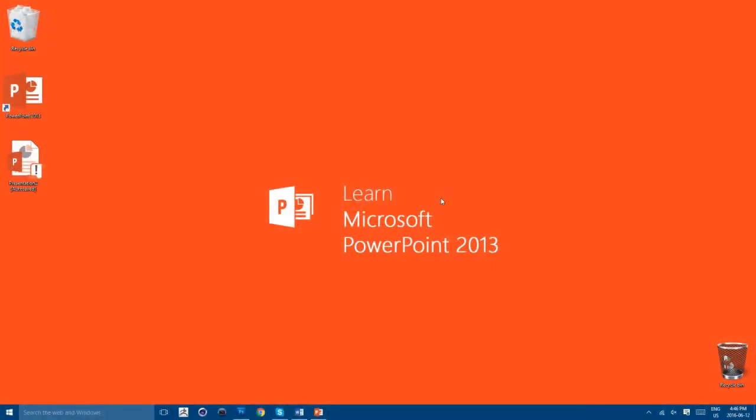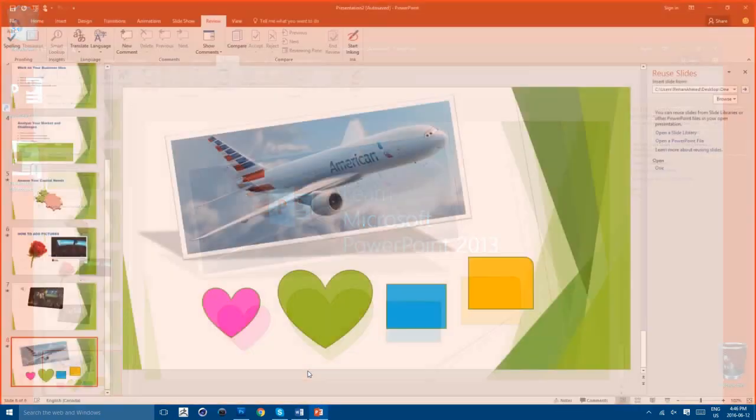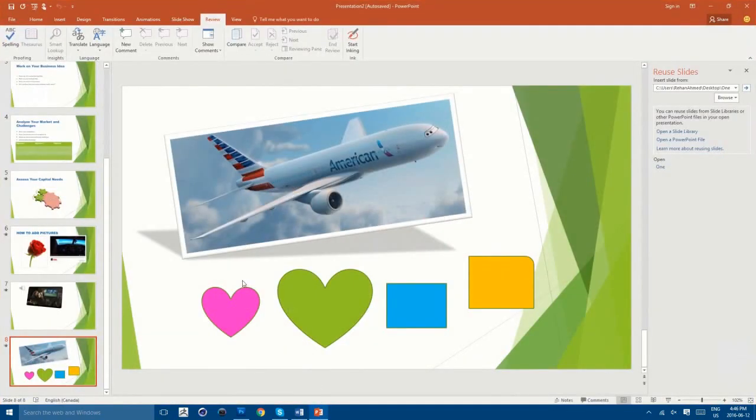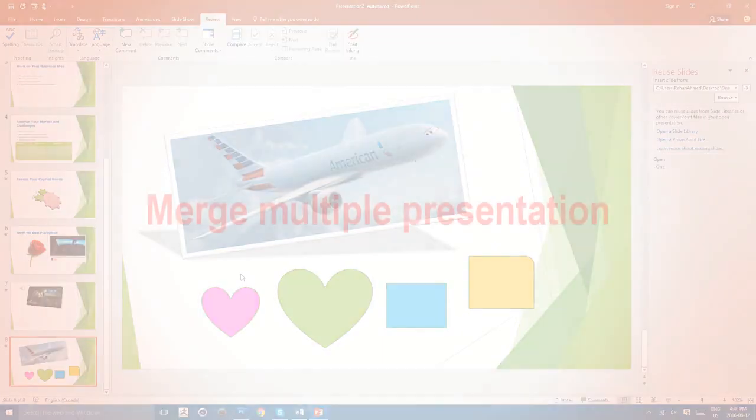As you work with PowerPoint to create presentations, you may want to compile different presentations into a single one. To do this, we'll be using the reuse feature, and it can also be used to select previously used slides in a different file to add to your current presentation. So if you have a single presentation such as this one that we created in lesson 1, and you want to add another presentation into this one, you want to merge it in. For example, if you have 2 presentations and you want to merge them into one,